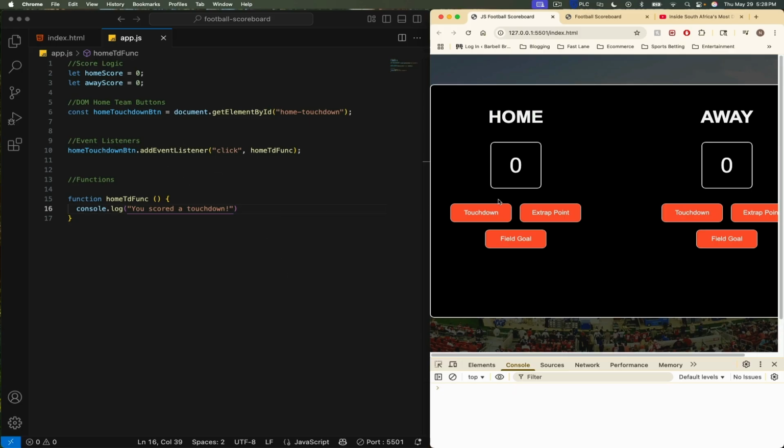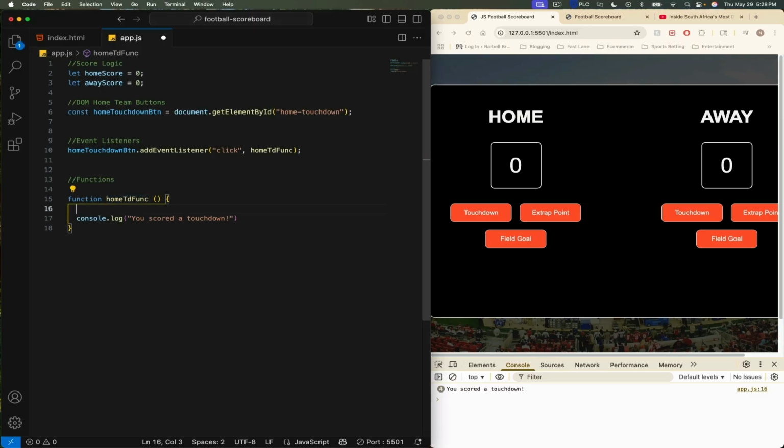All right, guys, so our touchdown button is working. We're getting our log to the console, but now I want to actually make it do something and reflect it in our app. So what we're going to do here, the steps that we have to do, let's write them out here. Let's use pseudocode comments. We have to add 6 to the home team score variable, because a touchdown is 6 points in American football. We then have to show the score on screen